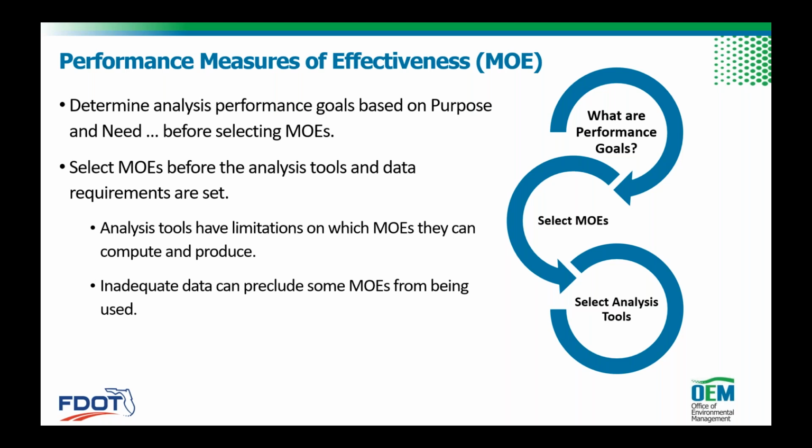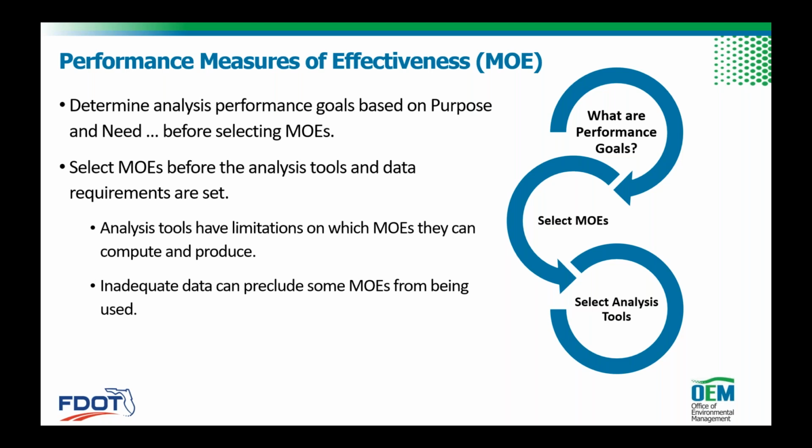Sometimes you see data being collected before the MOEs are even identified, just because, as creatures of habit, we've gotten so used to just going out and collecting TMCs, hose counts, and moving on. And it's like, this should be enough, so let's do delay and level of service, that will be great for this report and we'll move on. But on the next page, I have an example of when level of service and delay may not be enough to paint the entire picture.